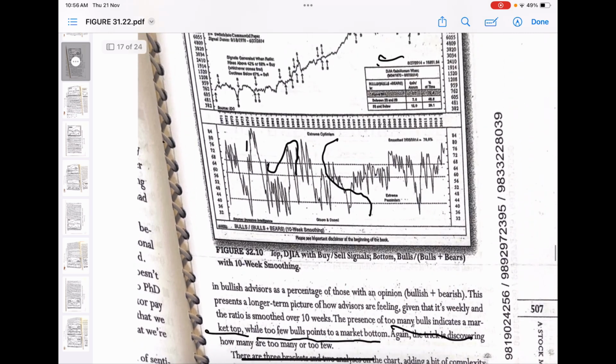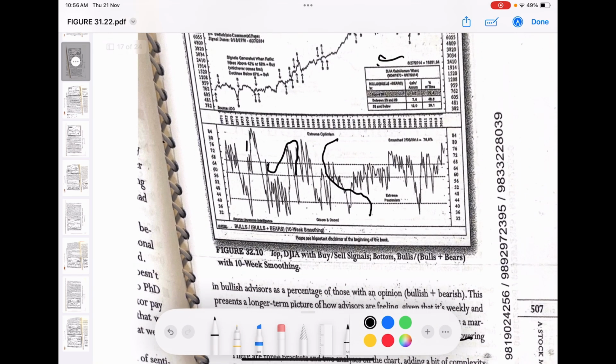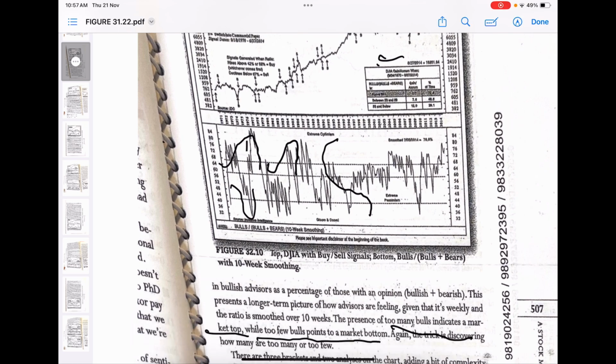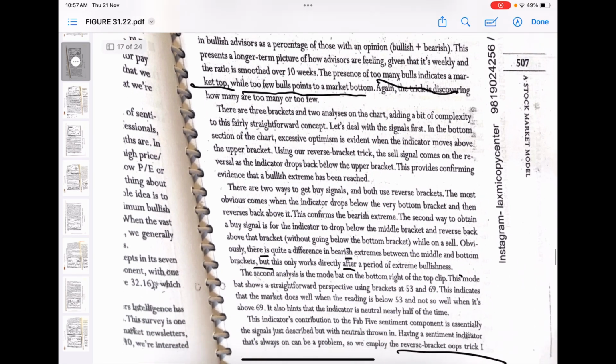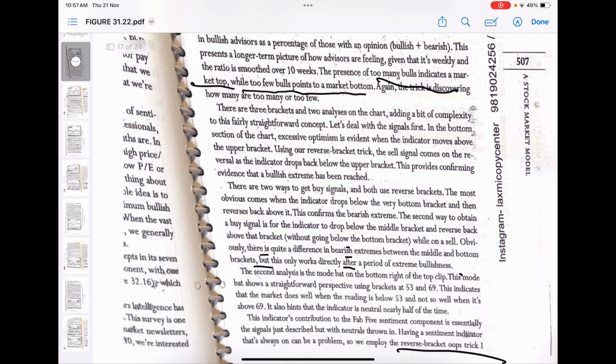And what does it say? Whenever the market crosses this and then crosses back down, it shows that a market extreme or a market top has been formed, and now the price will reverse. And when the price crosses this and goes up again, that shows that a market bottom or a market extreme has been created, which means that the price will go up from here. So that is how you basically get a buy signal or a sell signal. If you want, you can pause and read this. That's what I've explained.